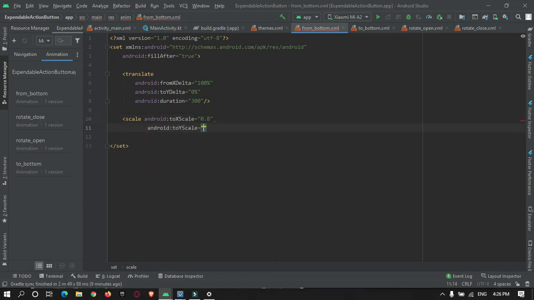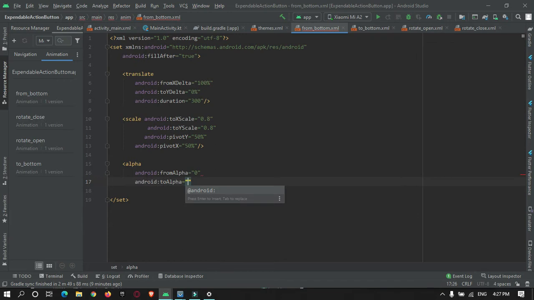and for the y-axis the same thing, 0.8. Pivot y will be 50% and pivot x will be 50%. Then alpha: from alpha 0 to alpha 1.